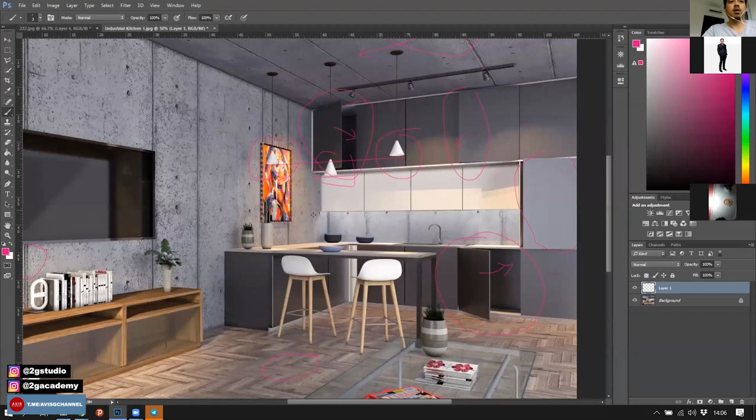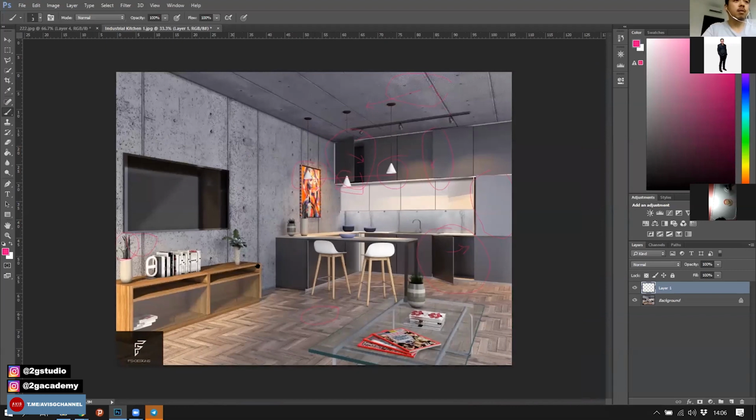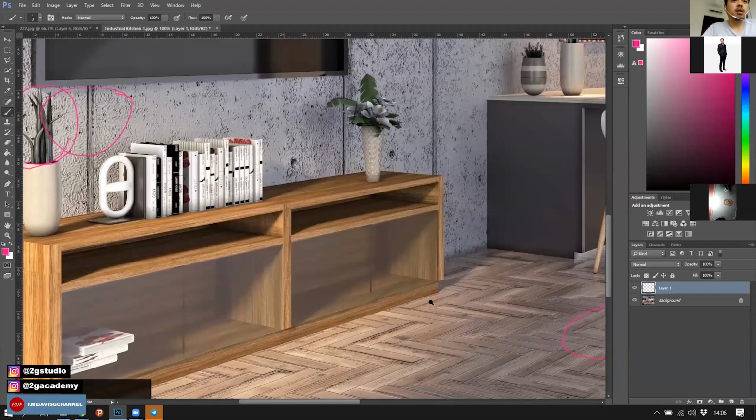If he works more on the detail and the material, and also puts more good accessories in here, I think it will be